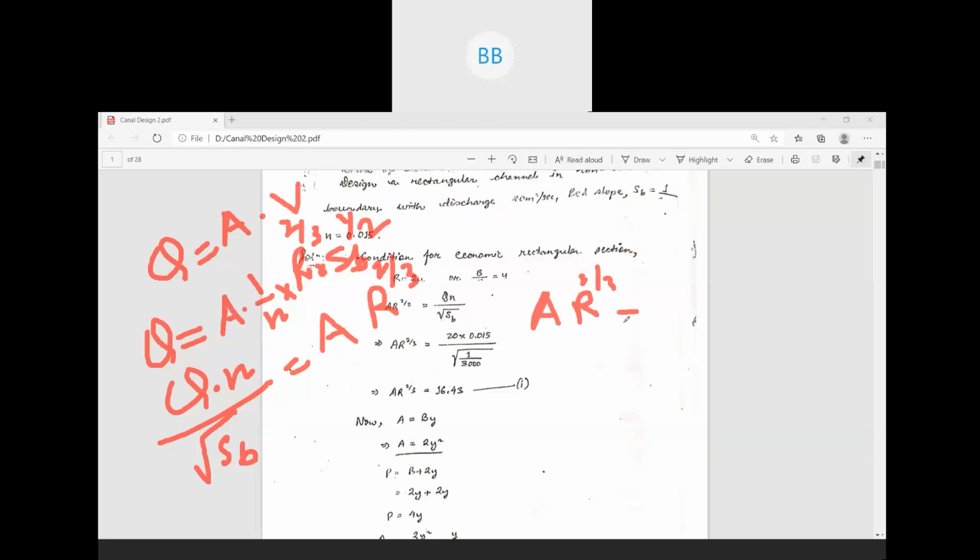Find out how much you got, because discharge is known to you, that is 20 meter cube per second, n value is given, and slope is also given. So all the known values we bring to the left hand side. On the right hand side, area is not given, r is also not given, r to the power 2 by 3. These two terms are not known to us, so we bring all the known parts to one side and find out this value. See, are you getting the same value or not, 16.43.